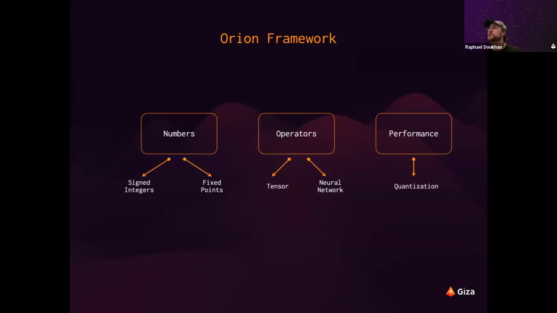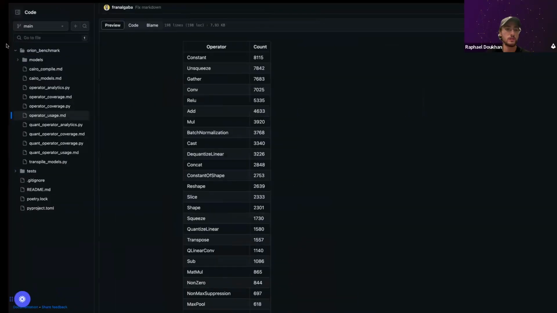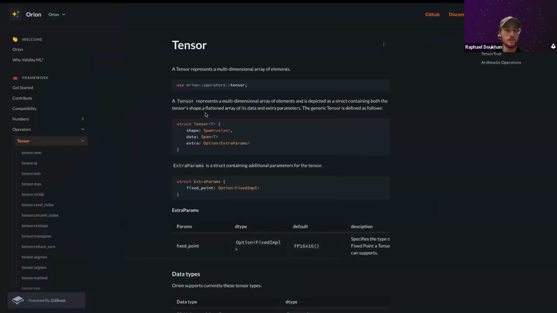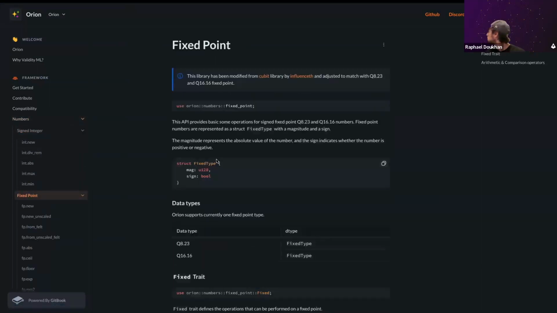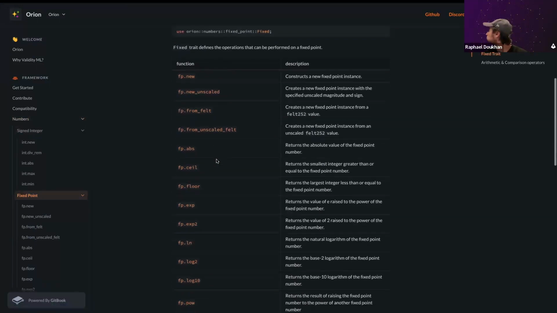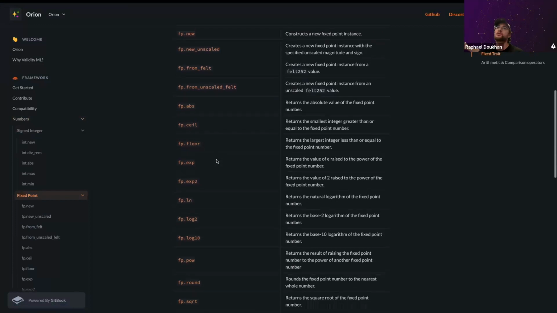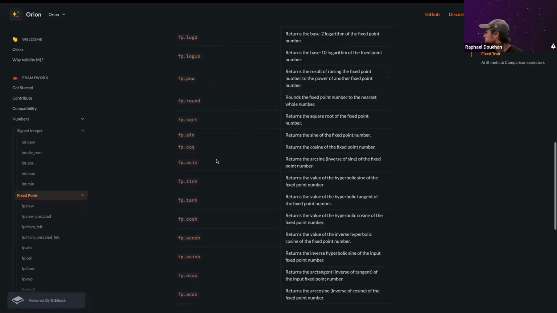And in the future, we will add more implementations. I can show you in the documentation: the signed integers and fixed points are only a struct with the magnitude and the sign. And here you have all the functions that can be applied to the fixed point.